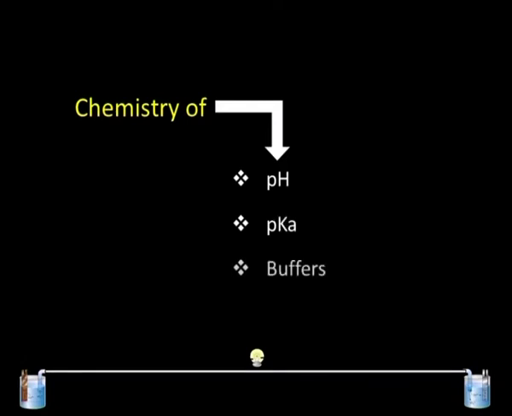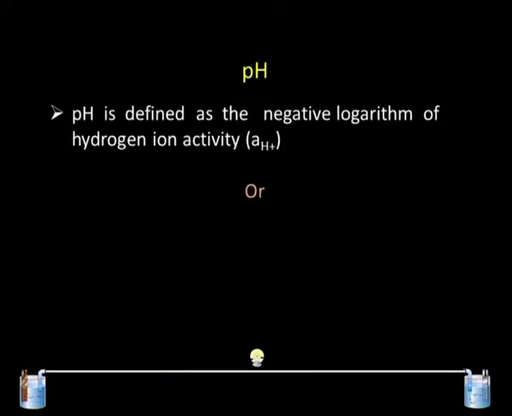Hello students, in my last lecture we talked about different thermodynamic parameters of an electrochemical cell. In this lecture we will talk about pH, pKa, buffers and corrosion. pH is defined as the negative logarithm of hydrogen ion activity, normally represented as aH+,